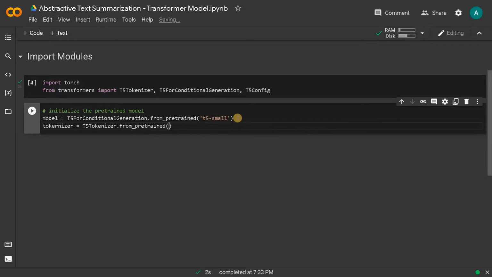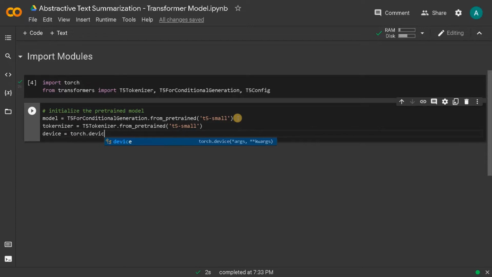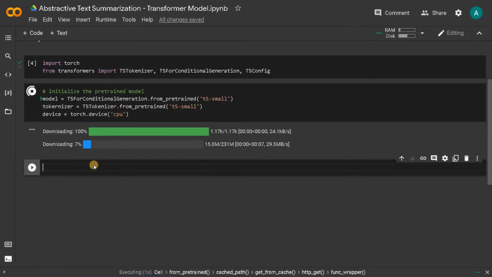dot from pre-trained, again T5 small, and device equals torch dot device CPU. I didn't enable the GPU for this Colab, so I'm just going to go with the CPU as we are going to summarize only a small article. So run this. This will download the model. As you can see, the model size is like 231 MB,